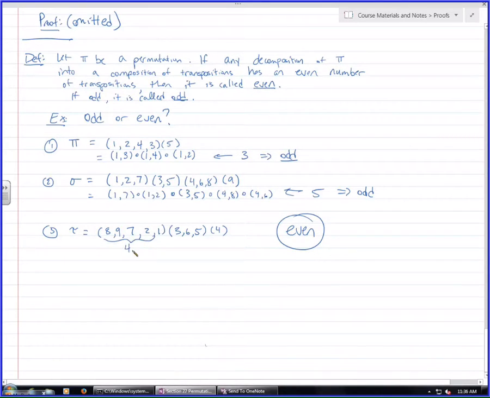There's 4 here, 2 here. So at least one of the decompositions that I can come up with is 6 total, which means it's even. Which means all the compositions I come up with will be an even number. Could be more or even less than 6, but